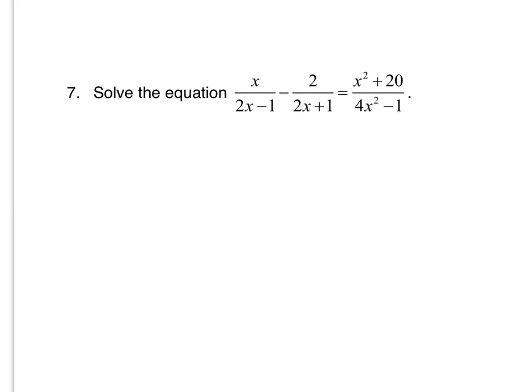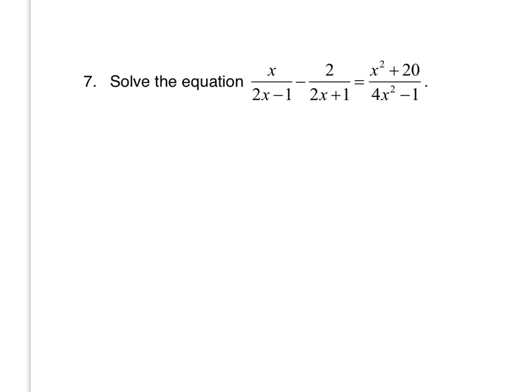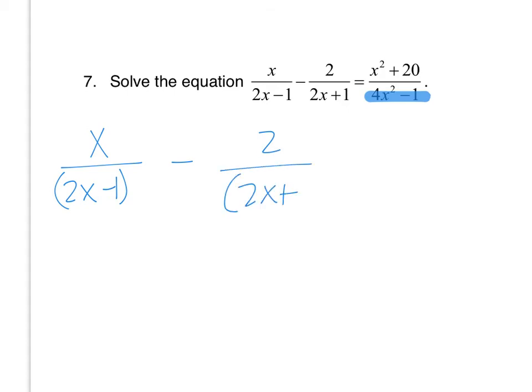A little bit longer here. So this one, I'm going to use a method that I know my 6th hour, we talked about a little bit more. My 3rd hour, this isn't going to be completely different, but it's a little bit easier, a little bit different than what we saw in class. So first step, I need to factor the denominator here. So I'm just going to rewrite everything. I'm going to kind of space it out because I'm going to need some space. So there's that first one, minus 2x plus 1